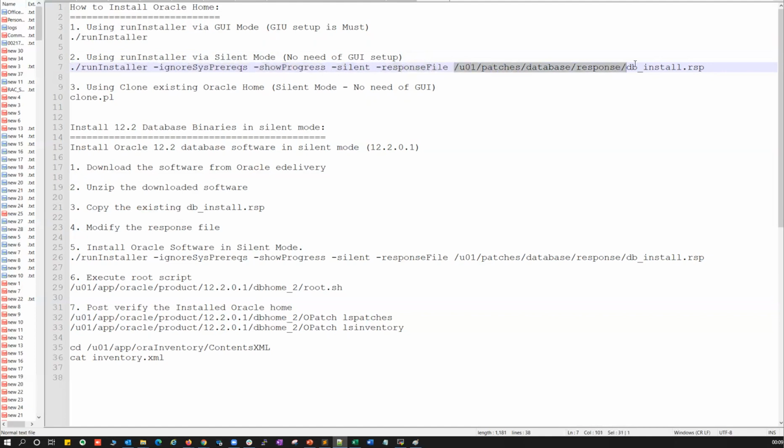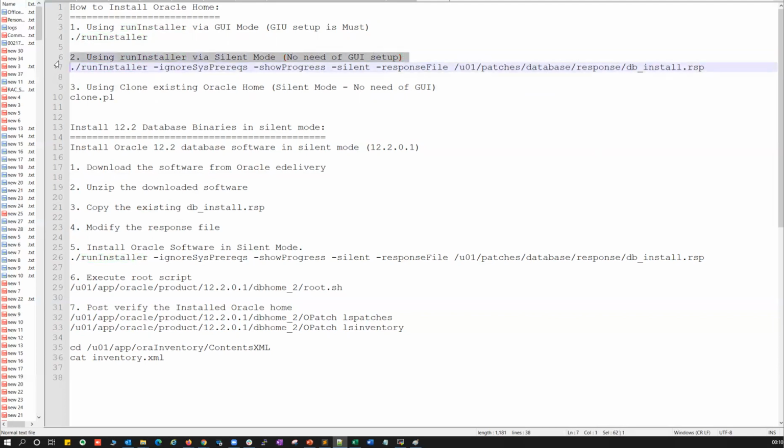You need to create one response file, and inside it pass all the parameters: where my Oracle home is, who my Oracle owner is, what my group owner is, and which edition I'm going with, enterprise edition or standard edition. You pass all the details here and then run the run installer. It will do a command line installation. You don't need any GUI setup here.